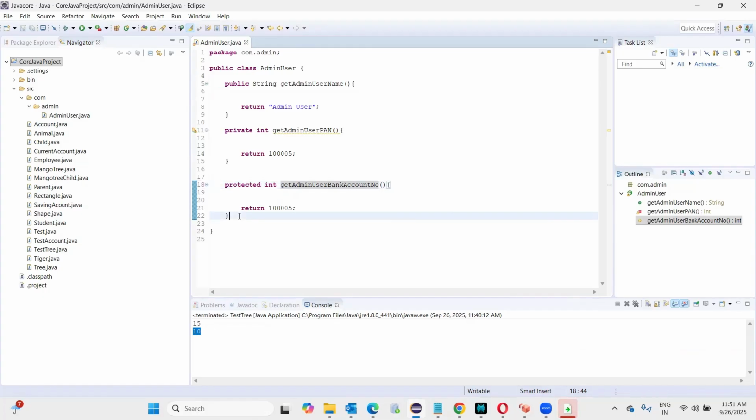So this is the protected one. Now default. If it is default, you cannot give any access modifier. So simply, return type string, get admin user, admin user blood